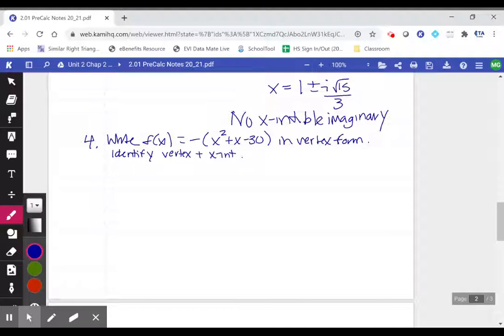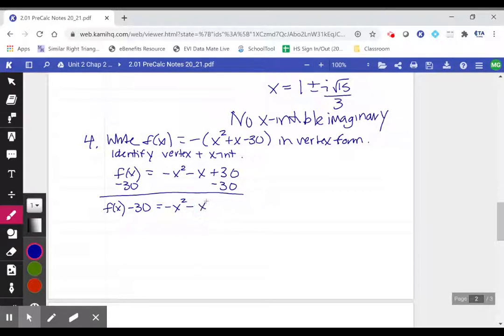Okay, so the first thing I would do is get rid of those parentheses by distributing that negative, which is what I had just written there. So negative x squared minus x plus 30. Now we need to complete the square. So the first thing we've done in the last problems is take away anything that doesn't have an x. So I'm going to subtract the 30 from both sides. So I have f of x minus 30 equals negative x squared